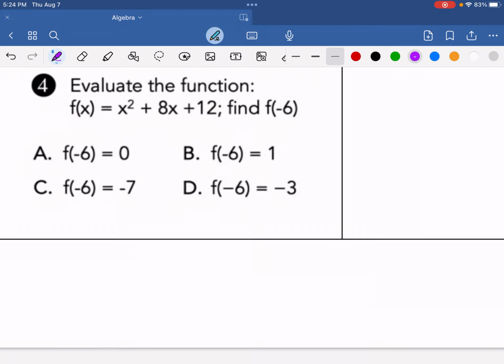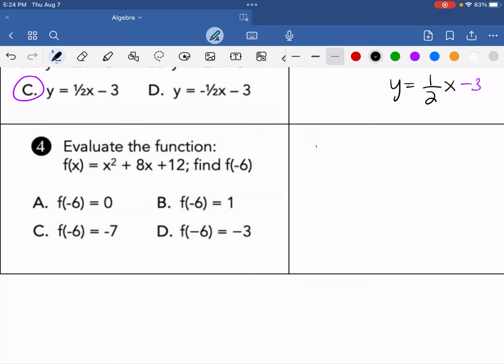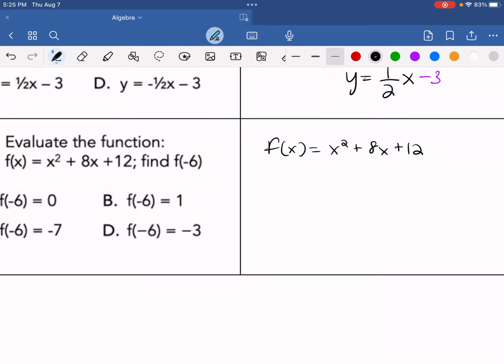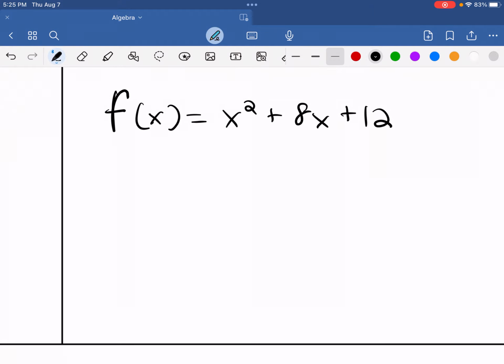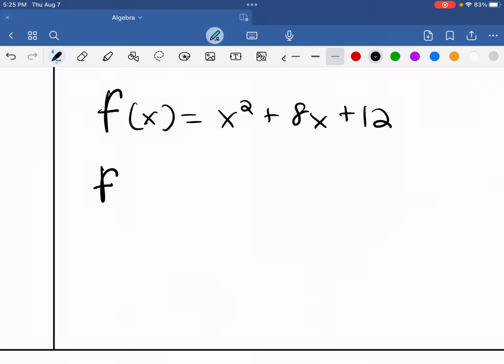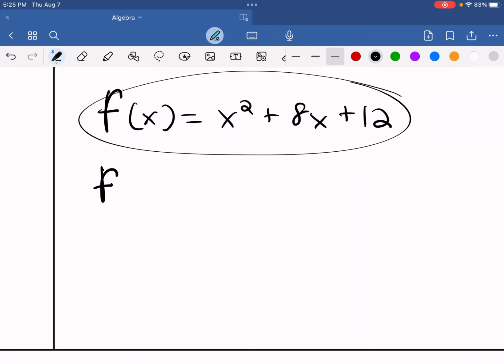Evaluate the function f of x. So f of x is x squared plus 8x plus 12. This is just the function f. The name of it is f, and that's the equation to it. They can call it something else. They can call it g of x. They can call it m of x. It doesn't really matter. This one's called f. And they're saying, hey, the function f, this f equation,